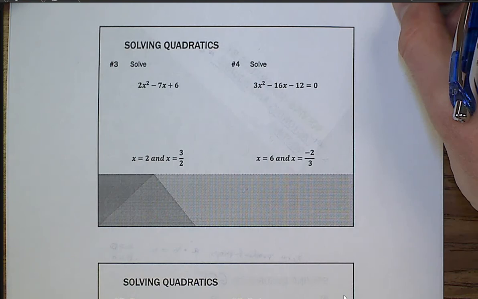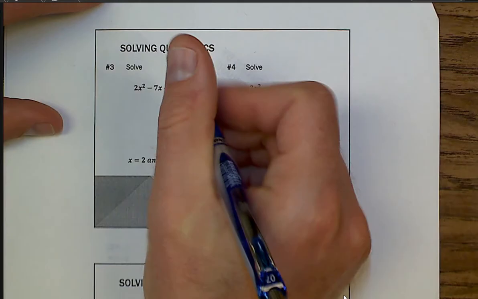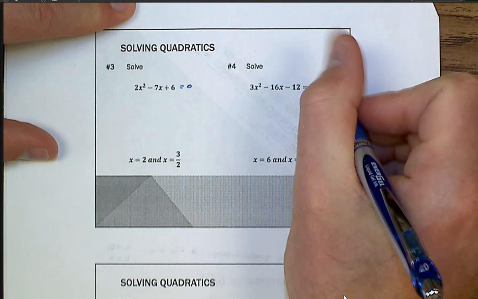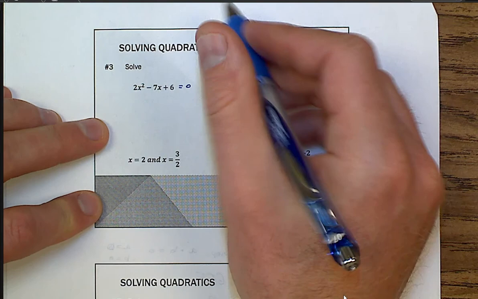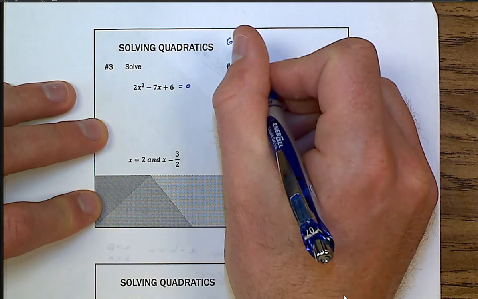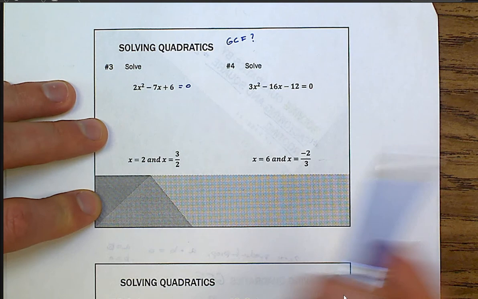More solving quadratics here. So now, if you look at that trinomial, technically these should be equal to 0. That one's correct. Again, first rule of factoring, GCF. Does it have a GCF? It does not. Okay, what do I have? I have a trinomial, 1, 2, 3 terms,